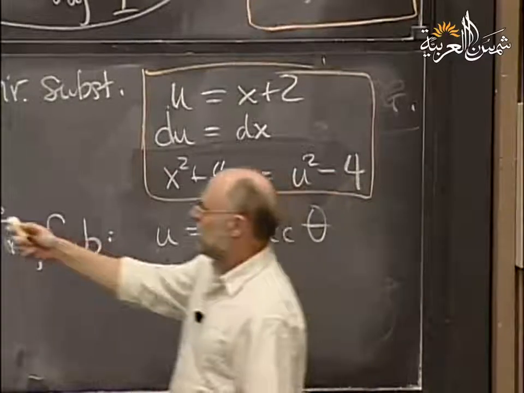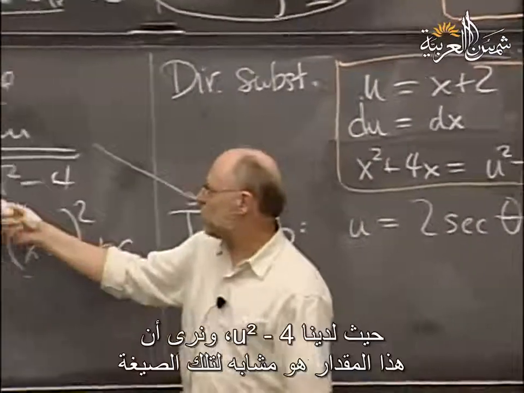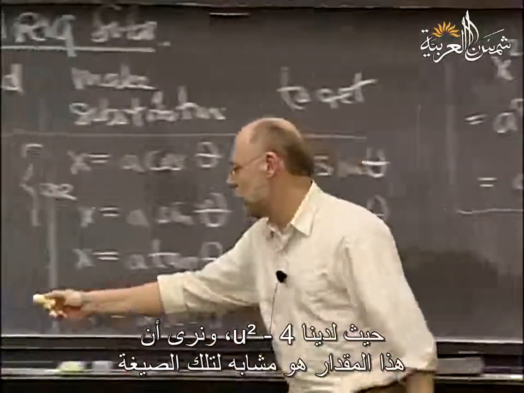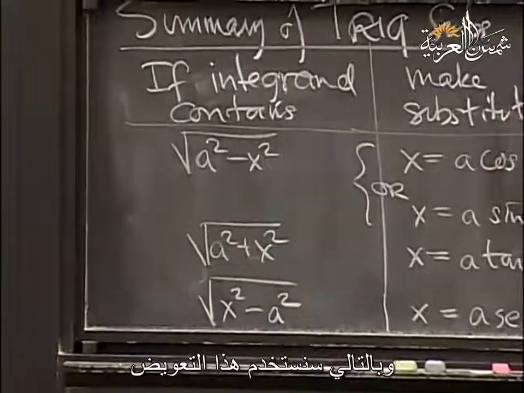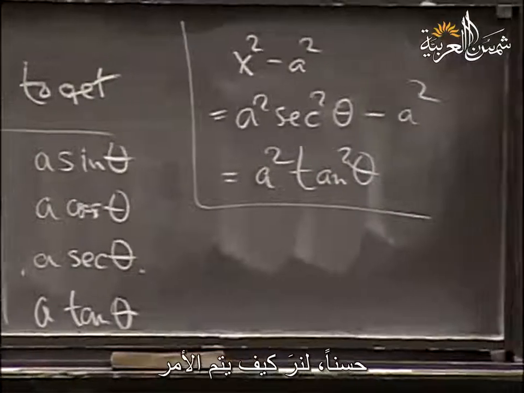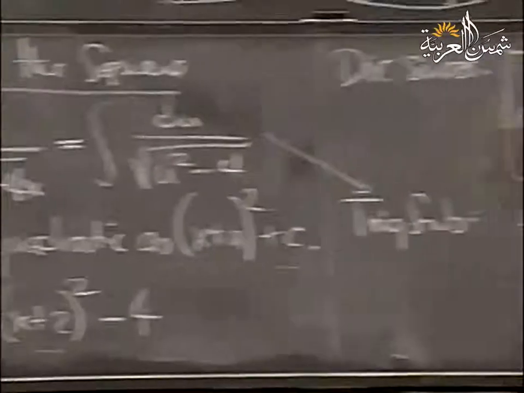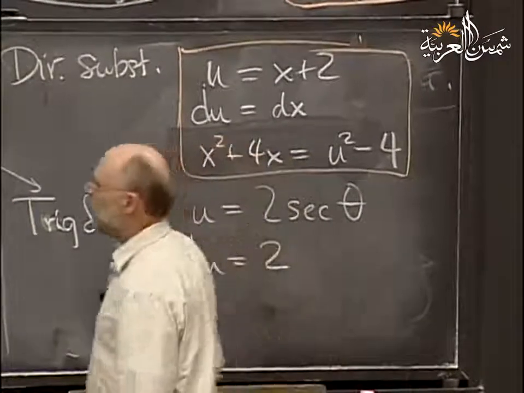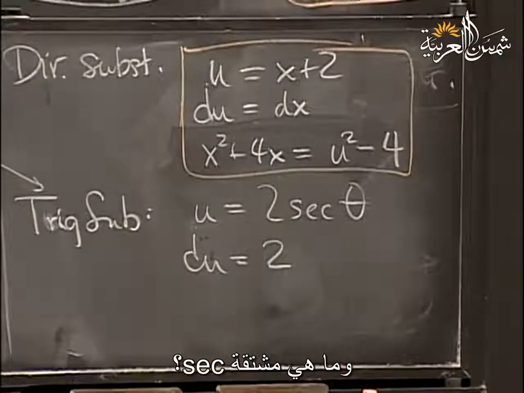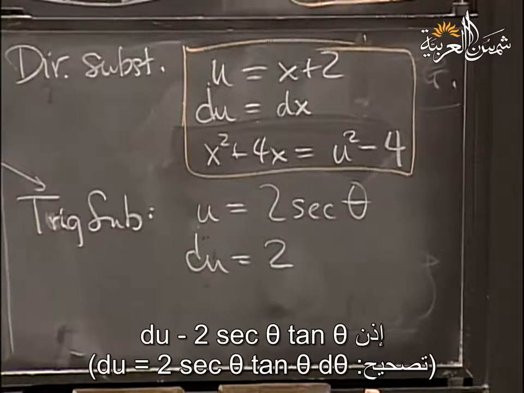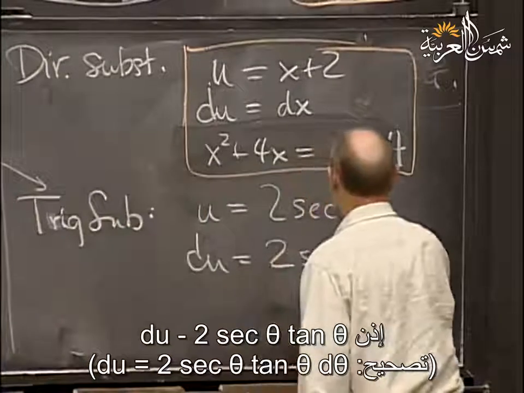Okay? This is a lookup table process. I see this square root of u squared minus 4. I see that that's of this form. I'm instructed to make this substitution, and that's what I just did. Let's see how it works out. So that means du is 2, okay, what's the derivative of the secant? Secant tangent. So du is twice secant theta